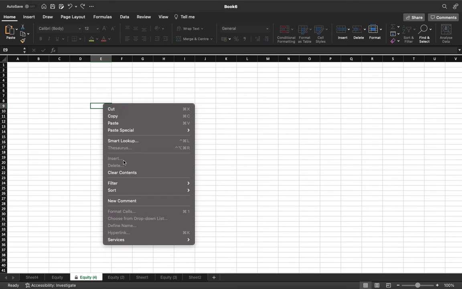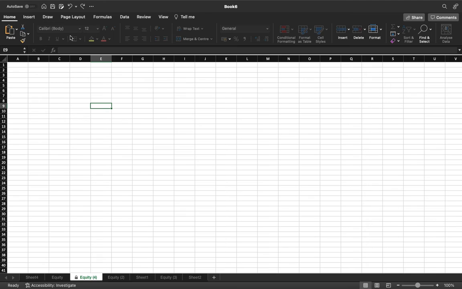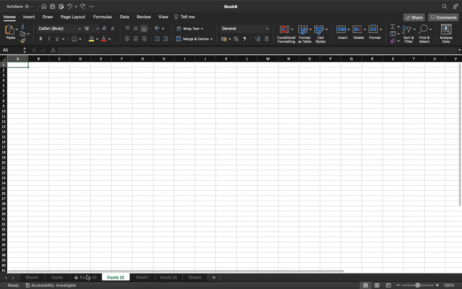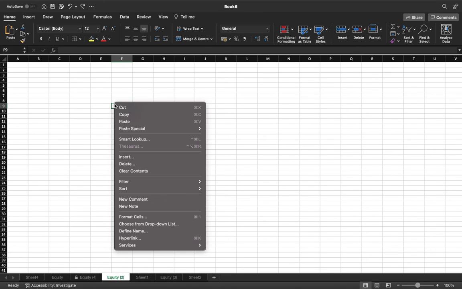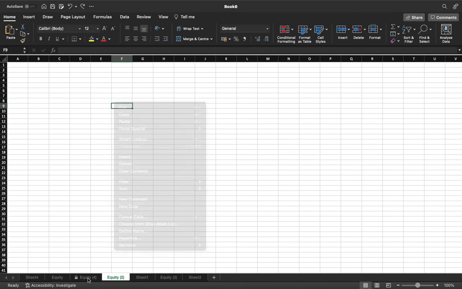I cannot click on insert, delete, format cells, hyperlink. Even when you check the ribbon up at the top, we'll talk about the ribbon later in one of the upcoming sessions, you see, they are all disabled. How does it look otherwise? Let's look at an unprotected sheet. You see, they are now enabled. This is disabled, this is enabled. And once I right click on this, all the options are enabled in the unprotected sheet,